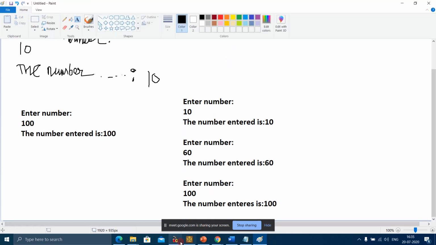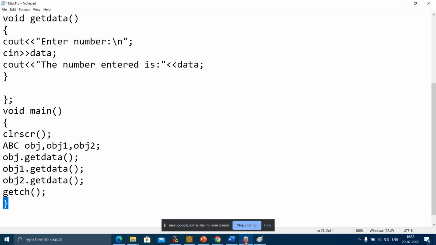So let us execute this program. I have made changes to this program and let us save it.